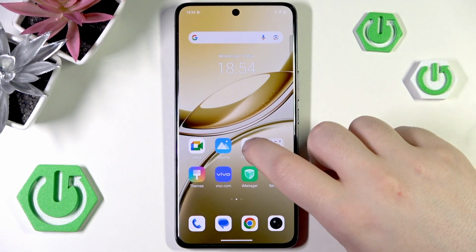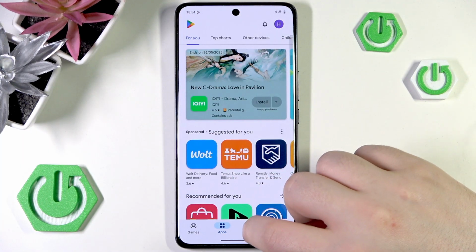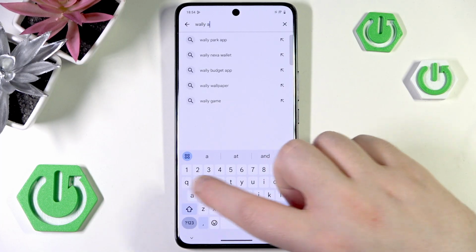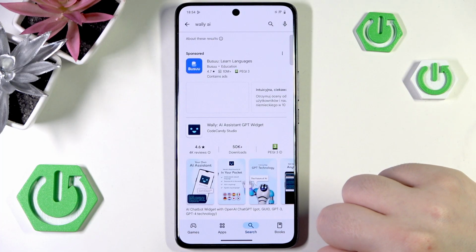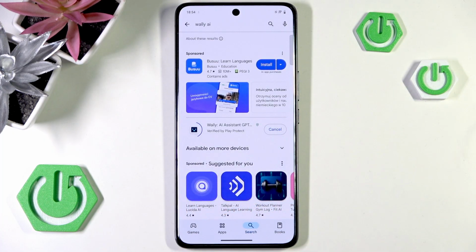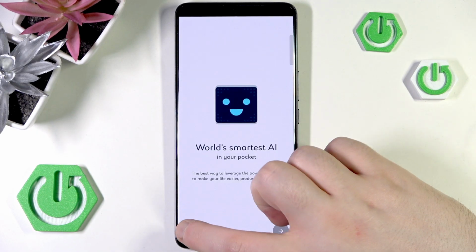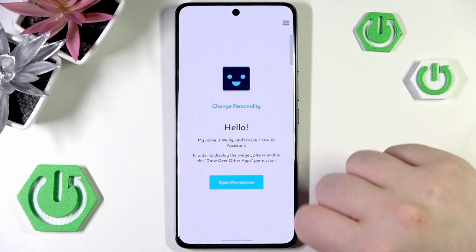So you have to start by opening your Google Play Store, then click on the search bar and type in wally.ai and click search, and then click install. And now you can click open, then click on this button to skip introduction and click not now, then click